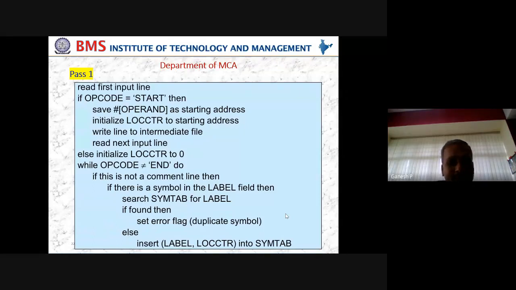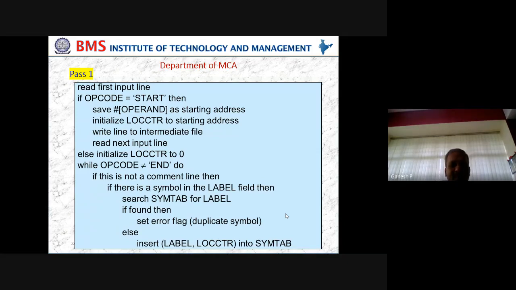Later, we have another data structure, another variable called LOCCTR. I will discuss LOCCTR maybe in 2 minutes from now. But right now, understand LOCCTR is a variable which we are going to use throughout the program, and I'm going to initialize that LOCCTR with the starting address. What is the starting address? Just now we have seen in the operand of start, that becomes the starting address. Thereby, I'm going to initialize the location counter.